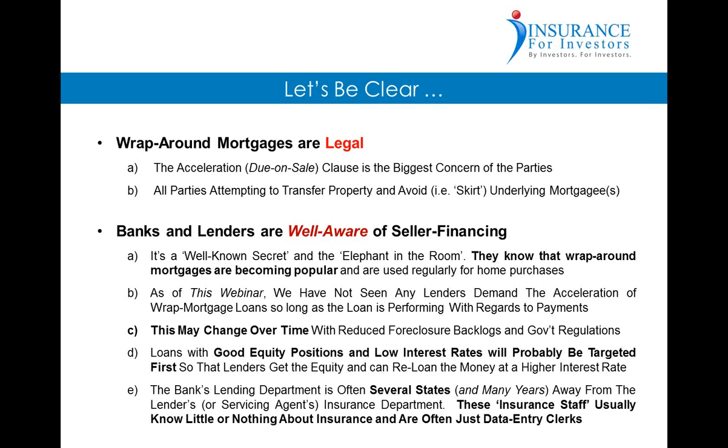In the event that acceleration clauses are ever an issue in the future, the properties that are more than likely going to be targeted first are those that have good equity positions and low interest rates on the existing loan. That way the banks are going to take back those properties. They walk into it, they have good equity from the get-go, and that money that they're lending out at 3 or 5 or 6%, they may be able to turn around and loan out at 7, 8, 9%, depending on what the state of the economy is at that time. So in the event that acceleration due on sale clauses ever become an issue, more than likely those are going to be the properties that are looked at first.